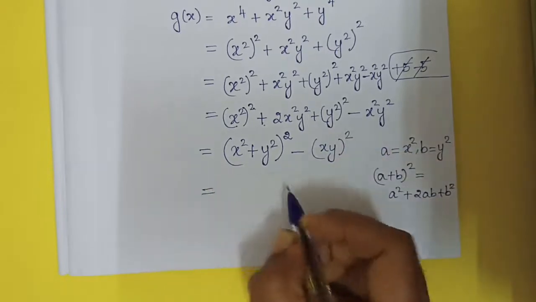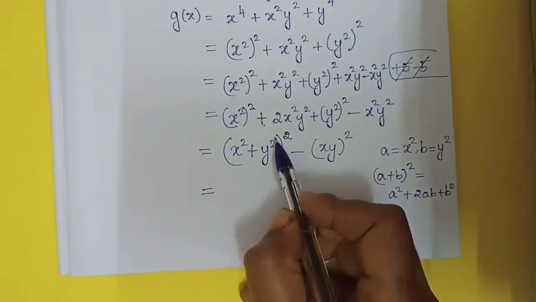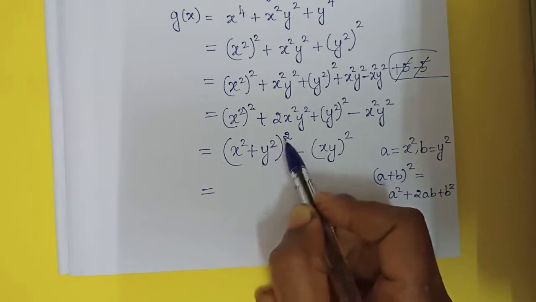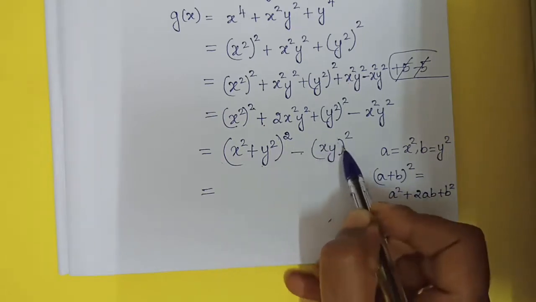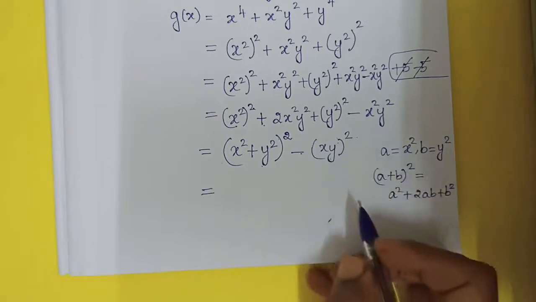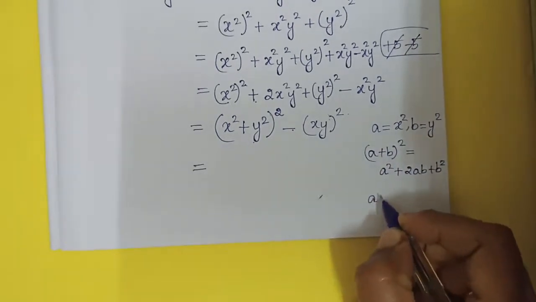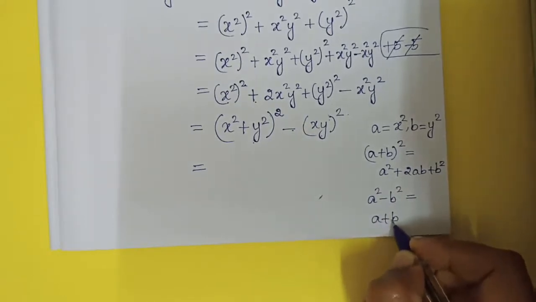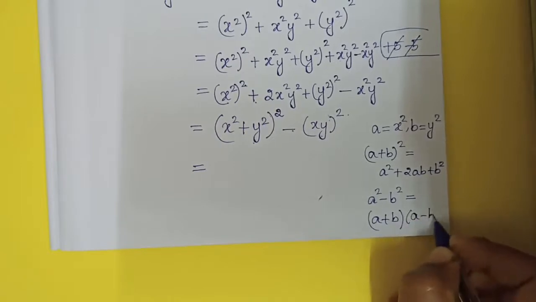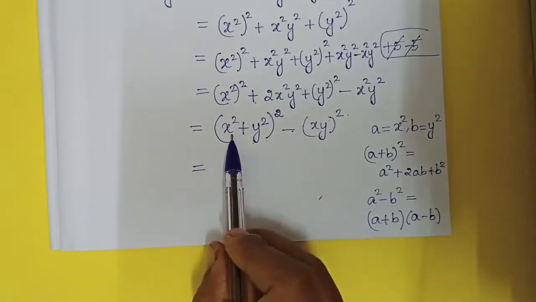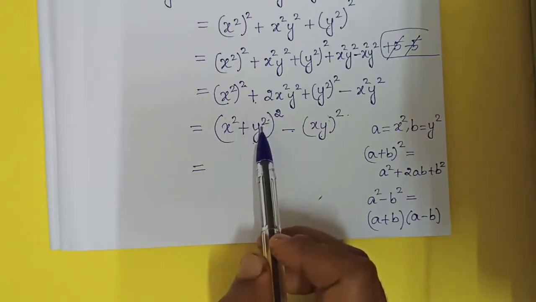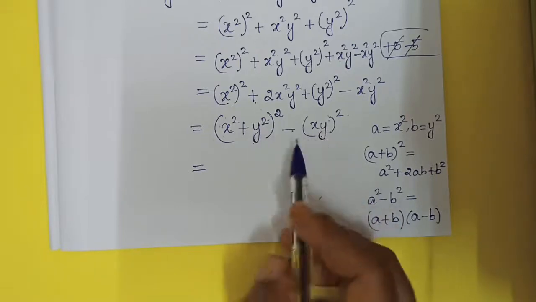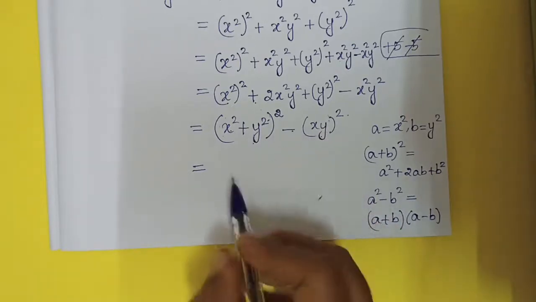Okay. Now listen carefully. Considering this full bracket as a square, minus this full bracket as b square. What is the identity we need to use? a square minus b square equals a plus b into a minus b. So here a is the full term inside the bracket, x square plus y square, and b equals xy. So by applying this formula, listen,